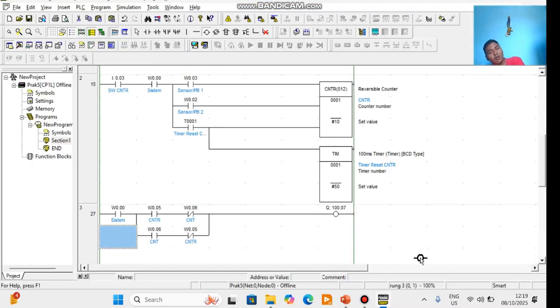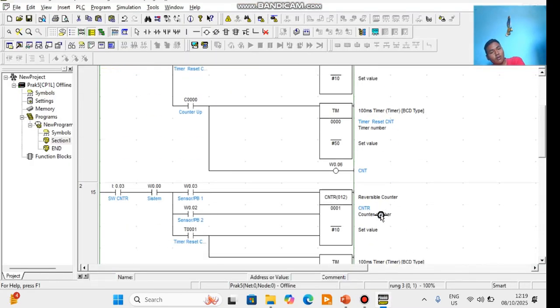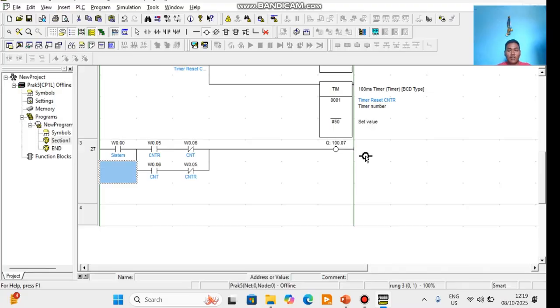Done. This program works and is correct, without error.